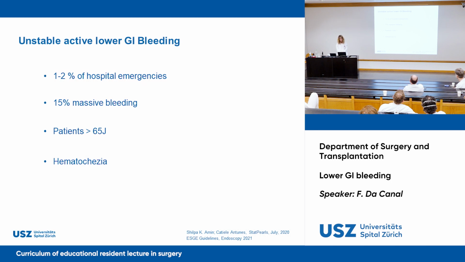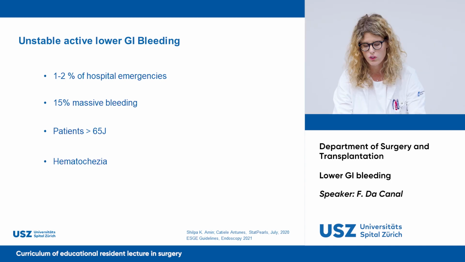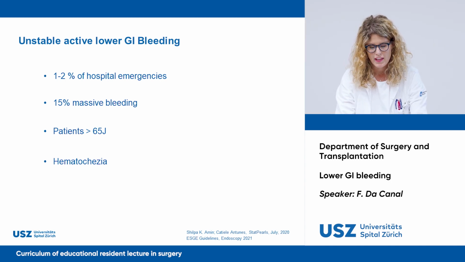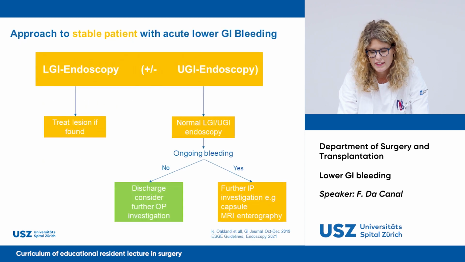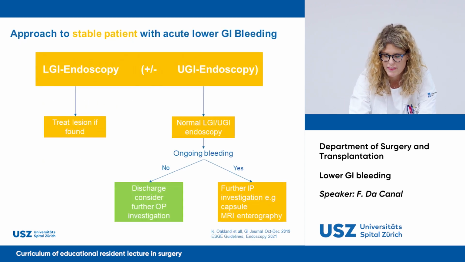Unstable active lower GI bleeding represents about 1 to 2% of all hospital emergencies. In 15% of the cases it is a massive bleeding, which involves most of all patients older than 65 years, and it's generally correlated with hematochezia or frank blood per rectum. In case of stable bleeding with a major bleed, a colonoscopy is recommended to be the preferred initial investigation because